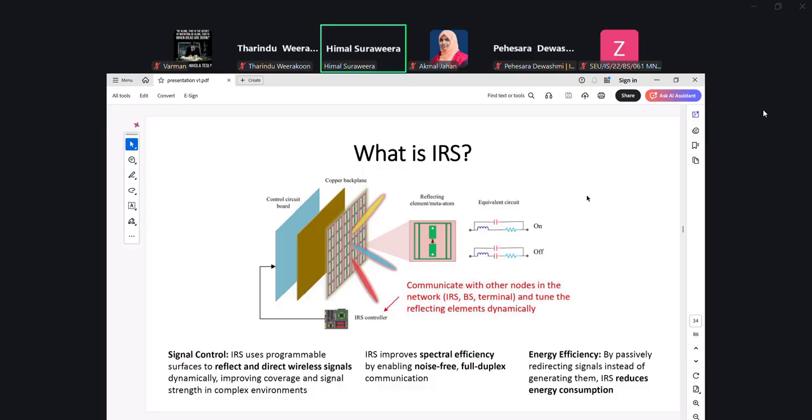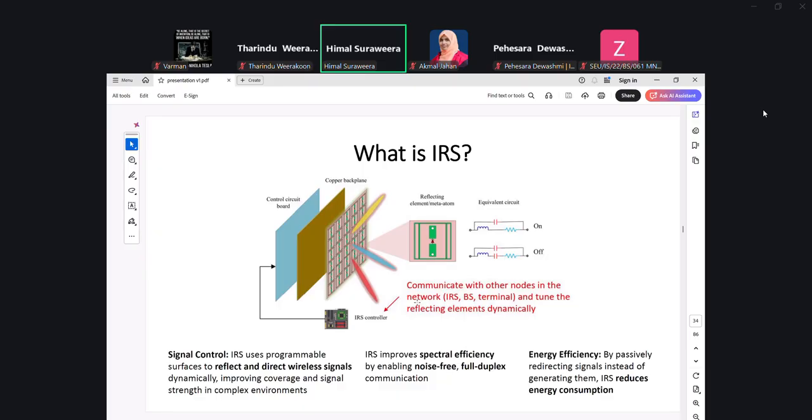Now, reflection is normally an orderly kind of behavior, where the incident angle is equal to the reflected angle. But by software control, and by applying currents through devices like pin diodes, the reflected signal's angles, as well as amplitudes and polarization, can be changed.